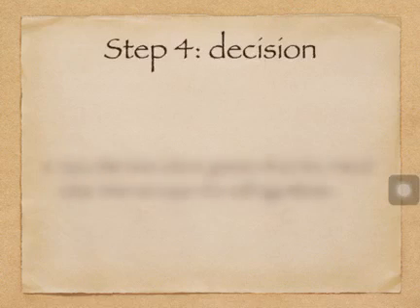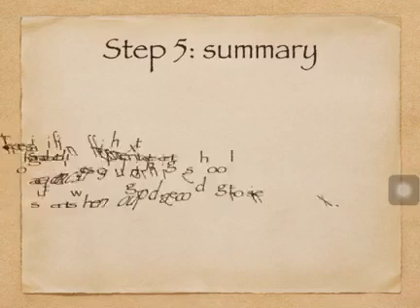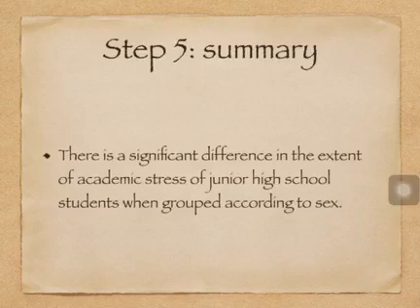Step 4 is to make the decision. So the decision would likely be, since the test value is greater than the critical value, which means that our test statistic would fall on the rejection region, then we reject the null hypothesis. In step 5, to summarize the result, since we rejected the null hypothesis, we say there is a significant difference in the extent of academic stress of junior high school students when grouped according to sex. Now, if we talk about year level and the other one, section, then we have to do it all over again for another test statistic. Hopefully, this video gave you some sort of